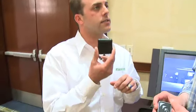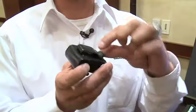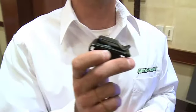Fair enough. Very nice. So are we carrying this with us at all times? Is that the idea? You can. I'm sure there are some people who lose their cars more than others. One of the suggestions is a little leather belt case that you can put the device in. What I do is clip this right on my sun visor of my vehicle. And when I go to a place where you're most likely going to misplace your car, like a big box store or some massive mall, an airport, or a sporting event,